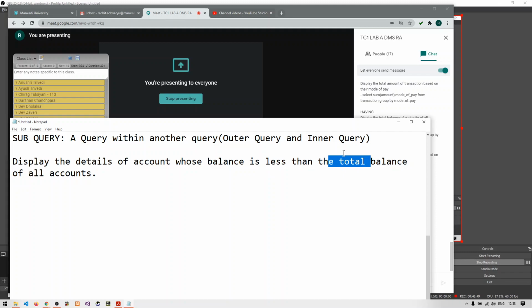First, find out the total balance. Then you compare that total balance with every row's balance value, and if that balance value is less than the total balance, fetch the data and display it to the user.